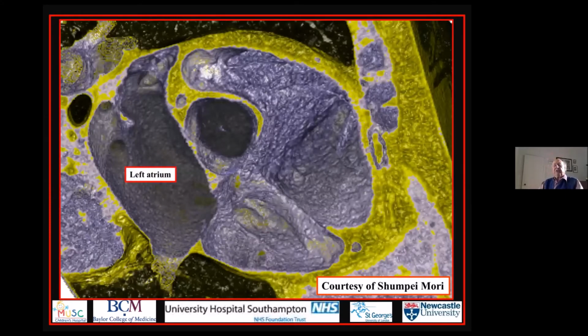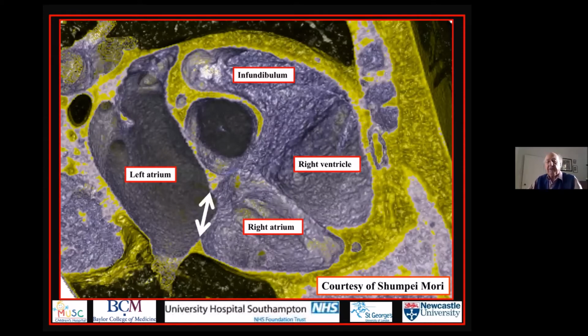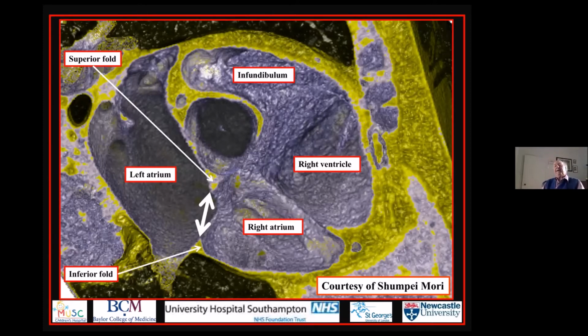So the left atrium, again, is to our left hand. There is the right atrium, and now we can see how the right ventricle and the infundibulum swing round as the infundibulum exits from the heart. So there now we see the short axis across the oval fossa, and once more we see those folds that are forming its boundaries. And there is the superior fold, there is the inferior fold,